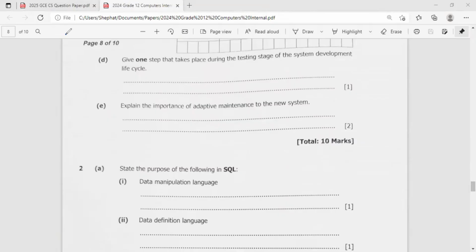So give one step that takes place during the testing stage of the developed system. So there's what is called test planning. Then we have what is called test reporting, where we give reports of the test carried out. Then